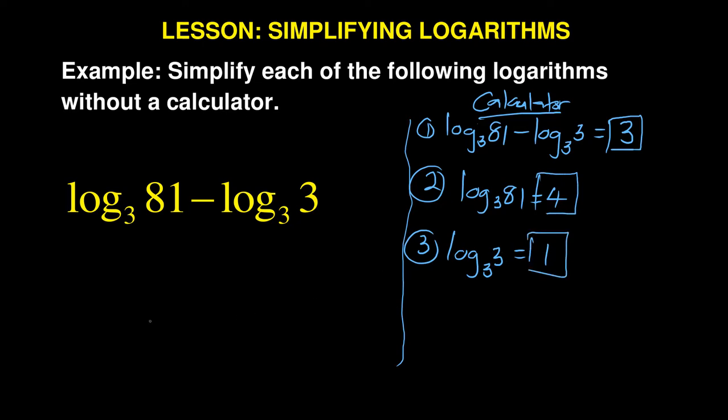Now let us start with the first one. If you are given log 3 of 81, the key indicator that will always solve your problem is that particular base of 3. So you must look and say, okay, I've got a base of 3, which is good. Now, how can I make 81 in terms of 3? Why are you doing that? Because you want to use the law which says